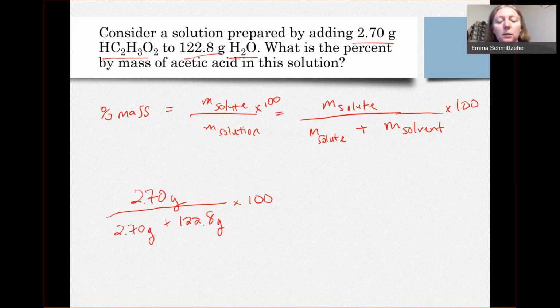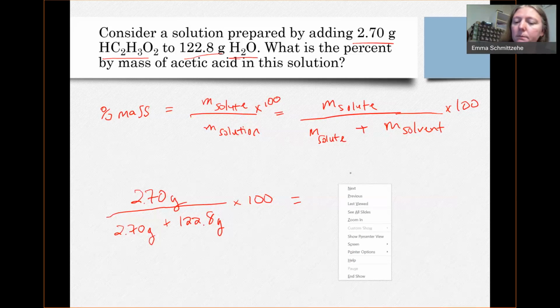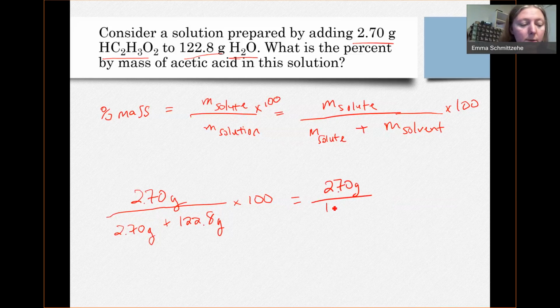I can sum that together, 122.8 plus 2.70, and we would really have 2.70 grams over 125.5 grams and multiply by 100. So 2.70 divided by 125.5 times 100 looks like that gives us 2.15%